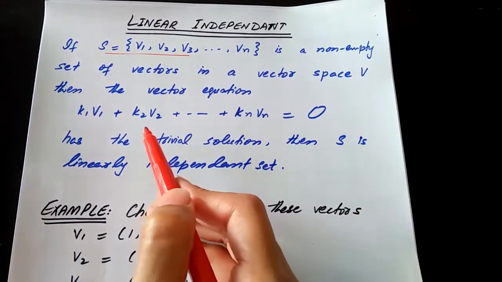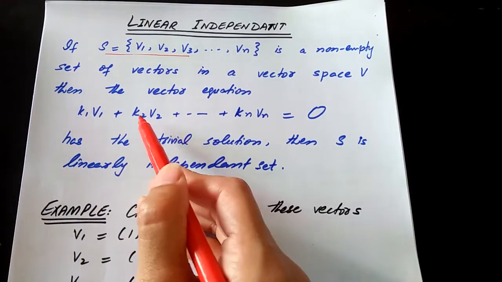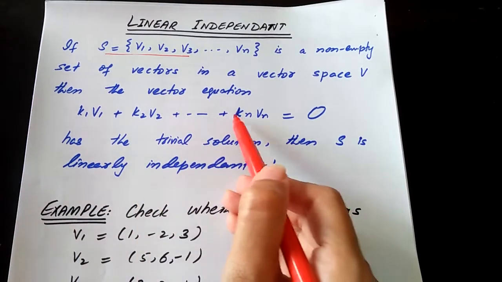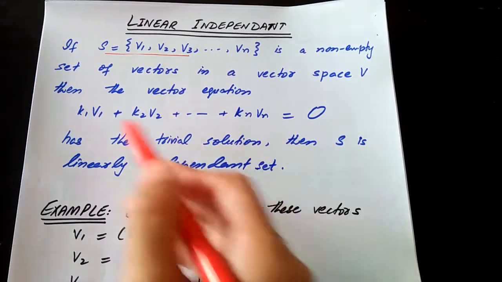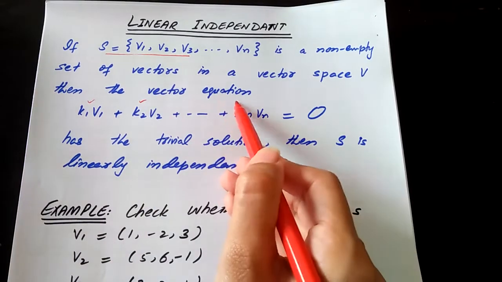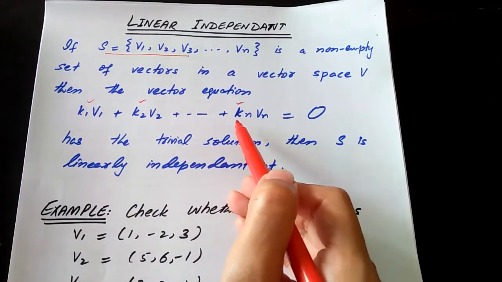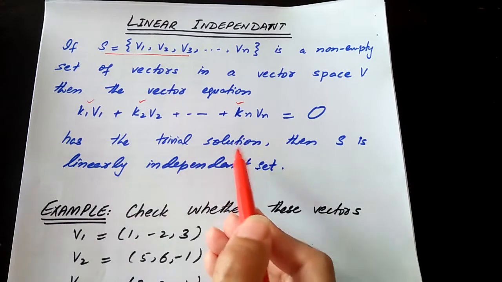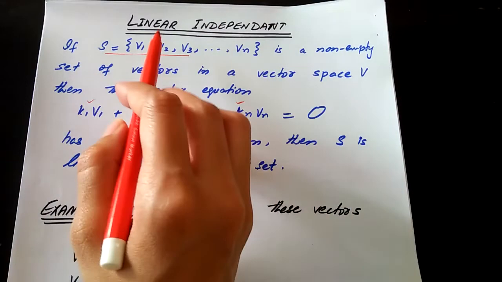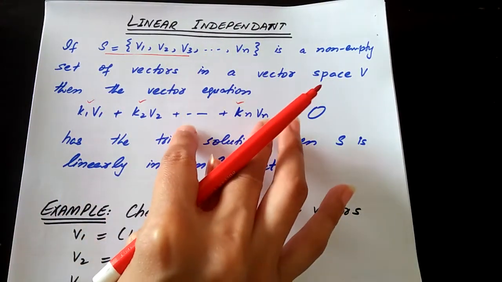Then the vector equation. Which vector equation? k1 v1 plus k2 v2 plus up to kn vn equals the 0 vector. And what are these k1, k2 and kn? All of these are scalars, and they are unknown here. Has the trivial solution if you are given a set of vectors and you have written it in the